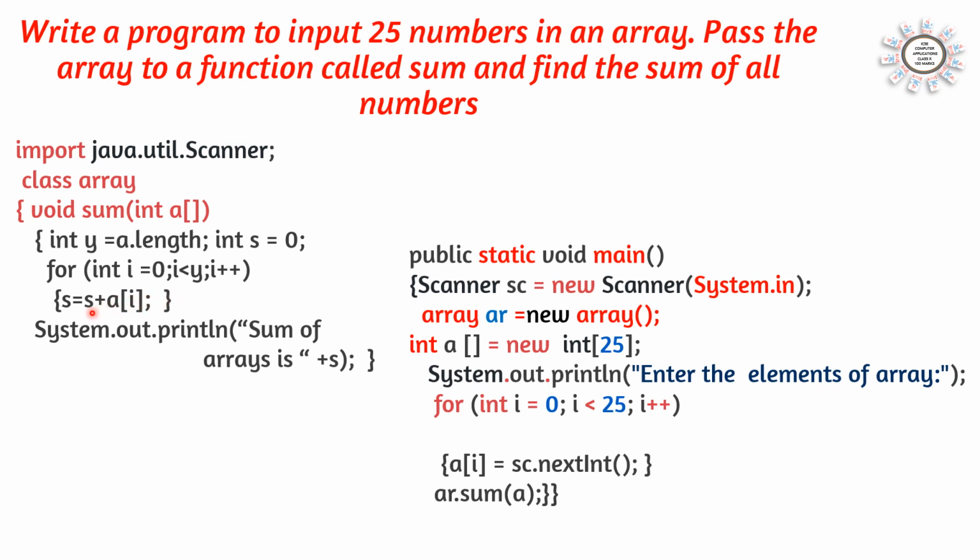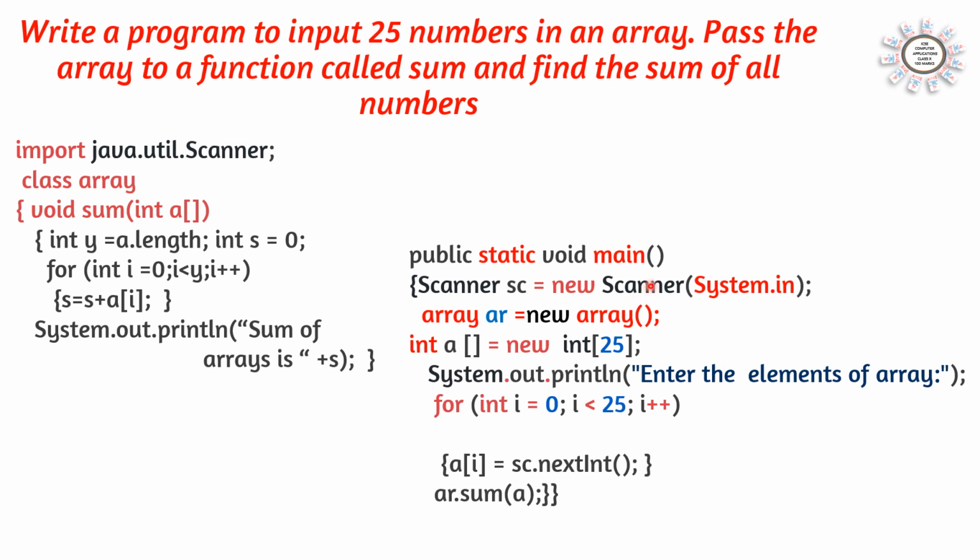We have got the sum in the variable s. After that, now print the sum. System.out.println, sum of the array is plus s. So in this way we can print the sum of the array in the function. And suppose if we want to return the value, then here we will write return s. If you are returning s, the data type of s is int, so in place of void sum you will be writing int sum. So I hope all of you understood how to bring the array to the function and how we can access the array elements. Now close the function, we can start the main program.